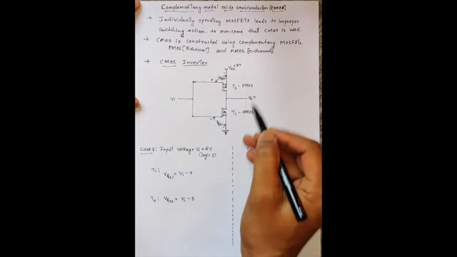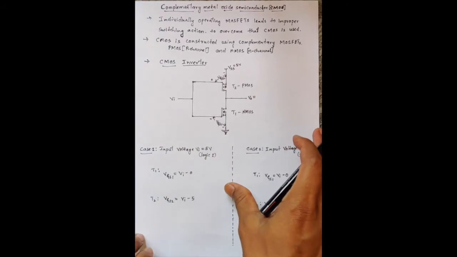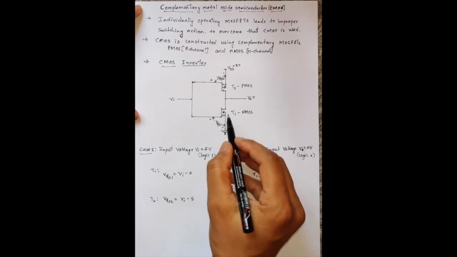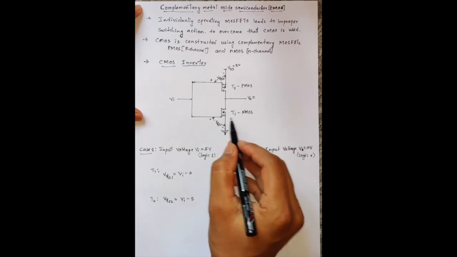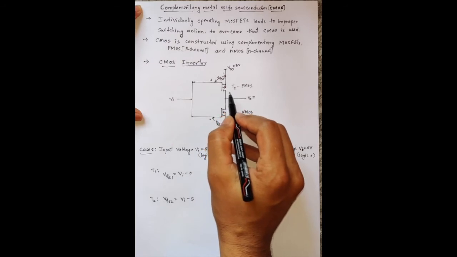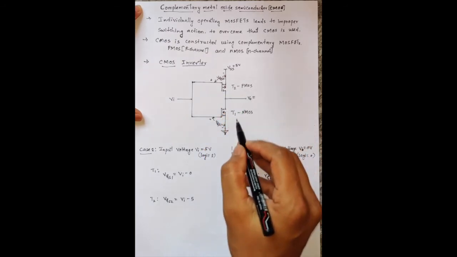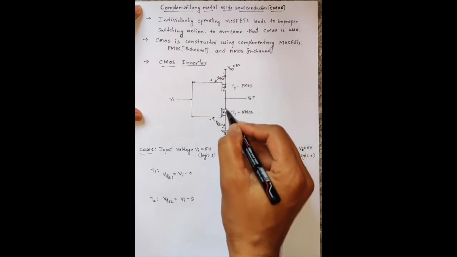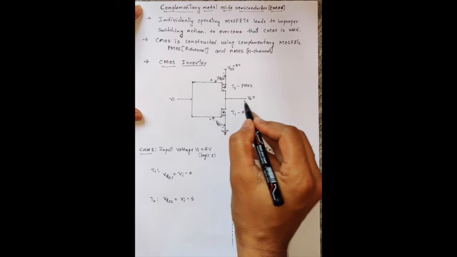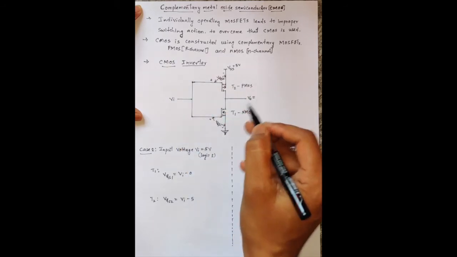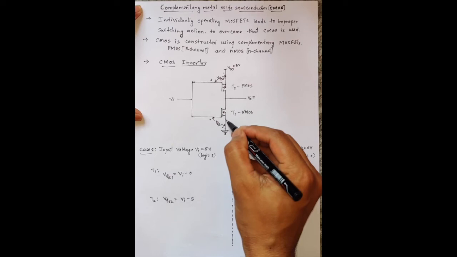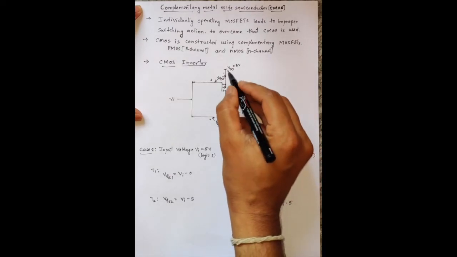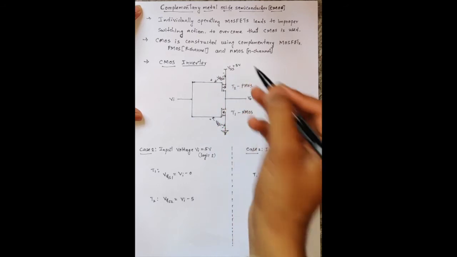This is the circuit diagram for the CMOS inverter application, where it consists of two enhancement transistors. This is the N channel enhancement transistor, that is NMOS. This is the P channel enhancement transistor, that is PMOS. I'll call those transistors T1 and T2. The drain terminals of both the transistors are connected and the output of this circuit is taken out here. The source terminal of the NMOS transistor is connected to ground, and the PMOS transistor source terminal is provided with a positive supply voltage of 5 volts here.